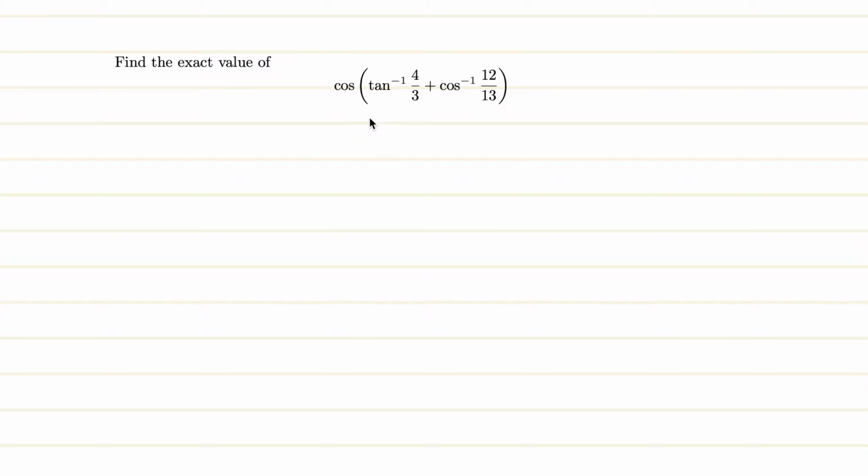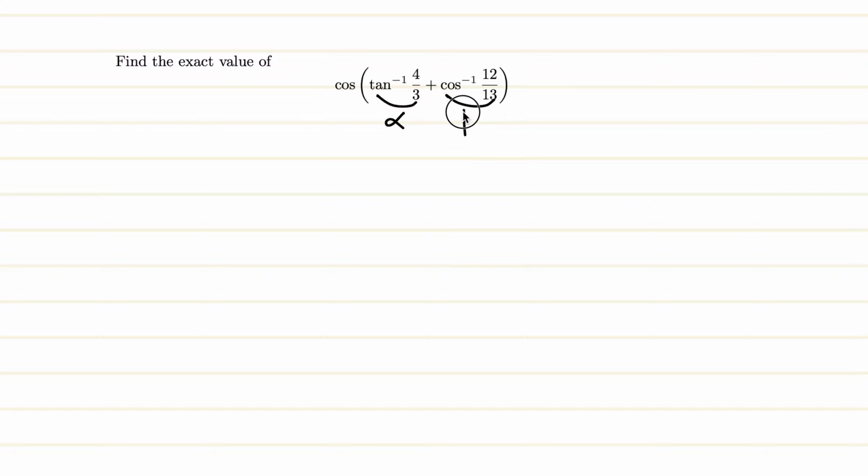The exact value of cosine of something plus another is a cosine of, this will be an angle, by the way. So something like, let's say alpha. Tangent inverse of 4/3 will be some angle alpha, and cosine inverse of 12/13 will be the angle beta. Then we have cosine of alpha plus beta, and we know cosine of alpha plus beta from the formula